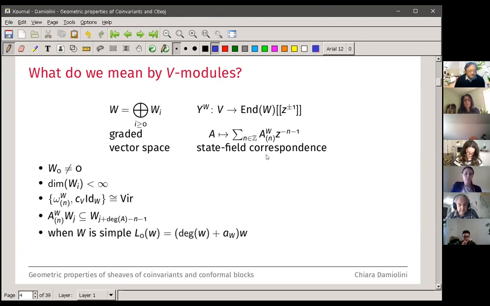And I assume that this vector space is graded with lowest degree being in degree 0, and I assume this to not be 0; there will be at least an element in W0. And again, I have a conformal structure, and I know how the action of an element A acts, since if I take a homogeneous element, I know how it acts on each component. And this is sometimes called the admissibility